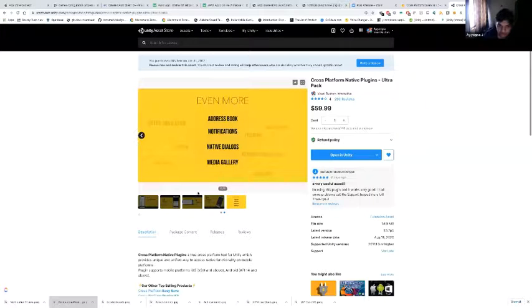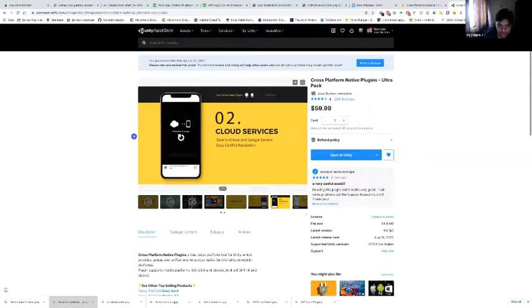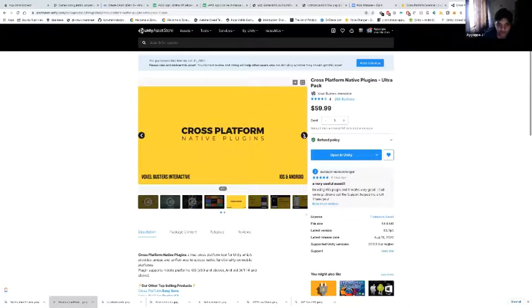So it has many features, but it's basically for iOS and Android. These are the usual features that are covered within the plugin. And if you guys have any questions, not just specific to this plugin but related to native features implementation, you definitely can mail me so that I can help you out.